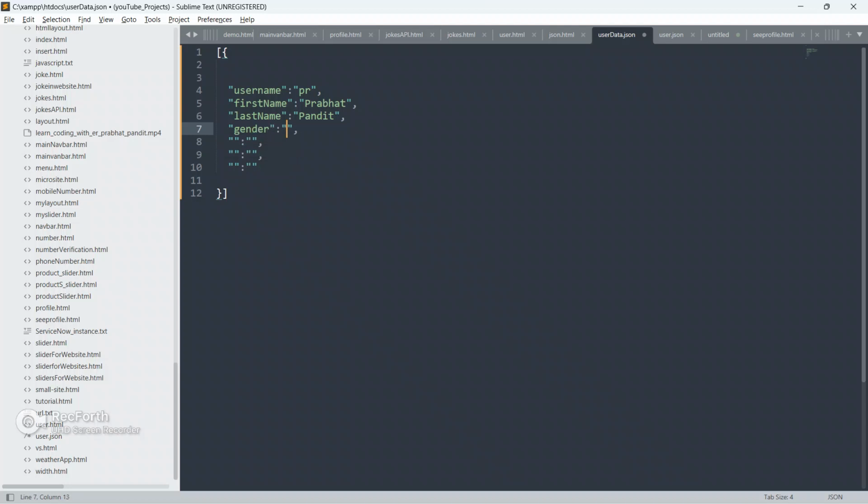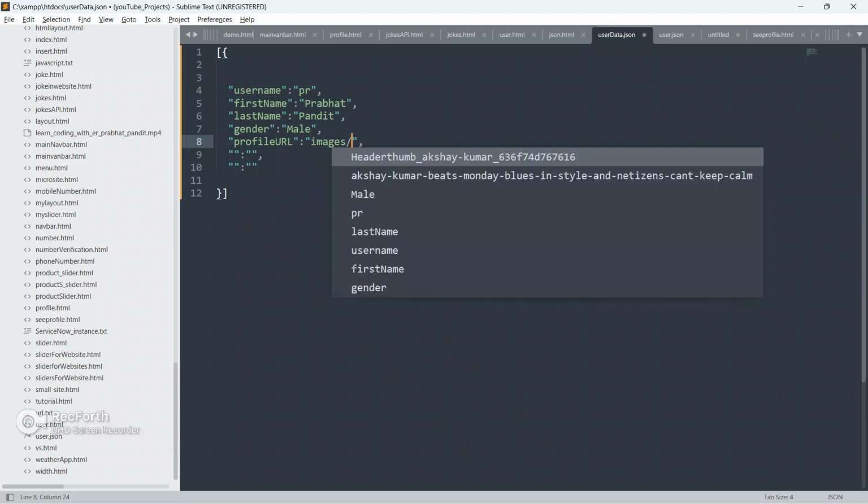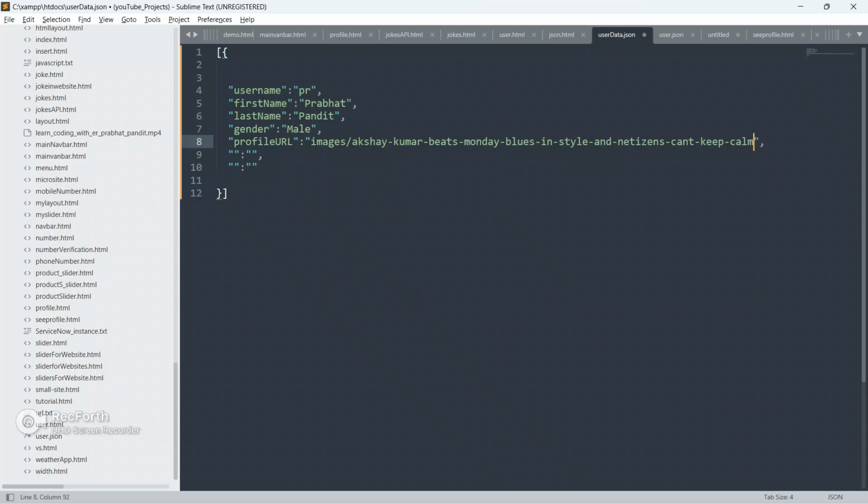Gender is male. Profile URL: here we will give the image path. My path is the images folder, and this is my folder name, and this is the image. So the profile URL is the folder name and the image. This will be the path of the images. Okay, move ahead. Email,